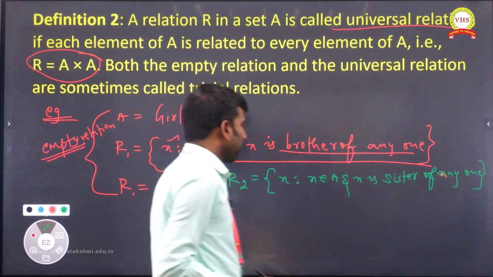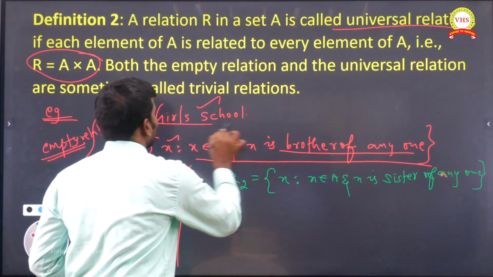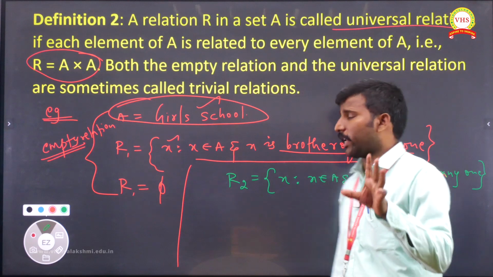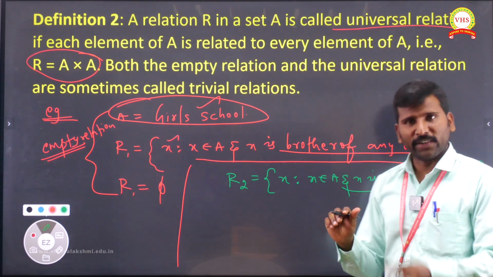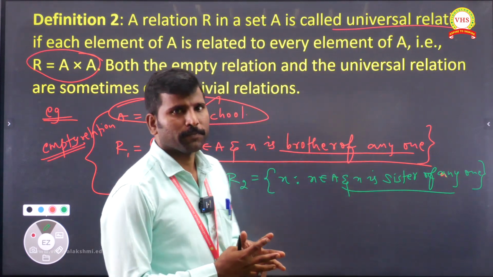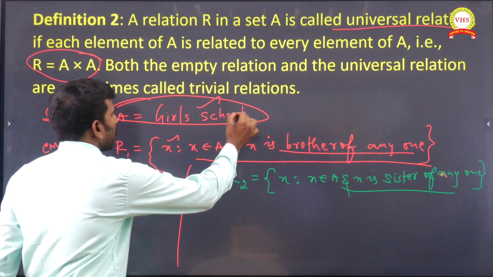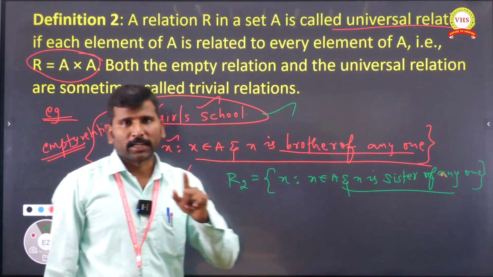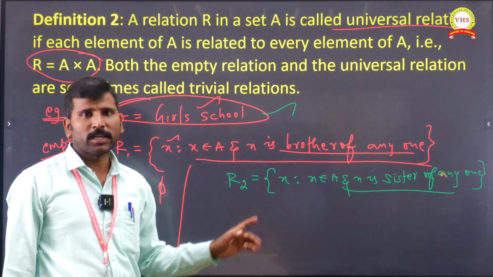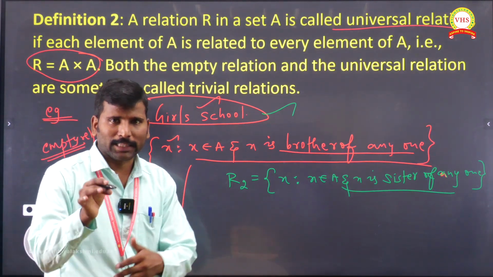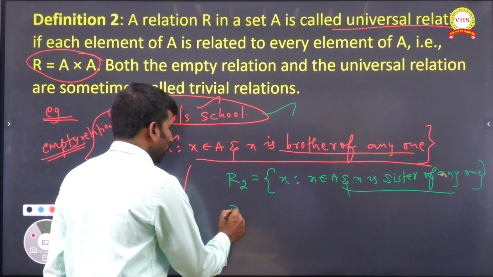See children, since A is a girls' school, surely all the girls we can say are sisters of someone. Am I right? Yes. Every girl, we can say, is a sister of each other. Not an issue. Then whatever relation you make there, it will be equal to the